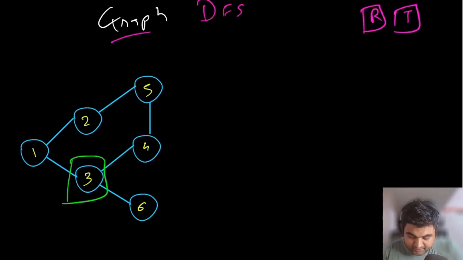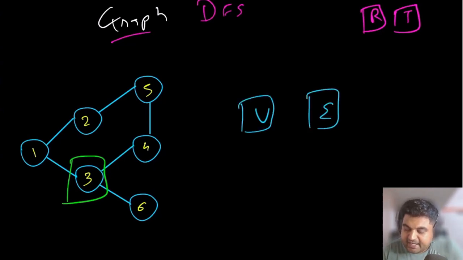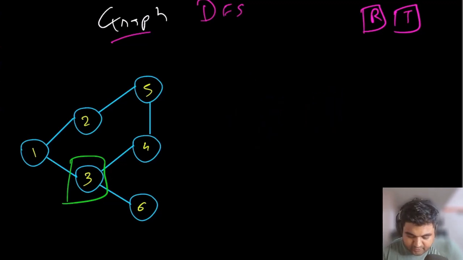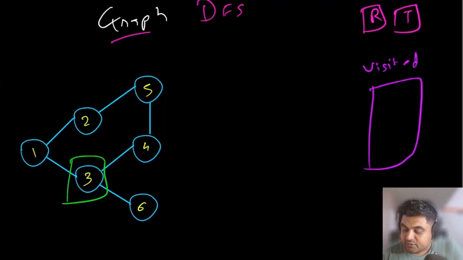Now, every single element in a graph has two items: vertices and edges. Depending on the vertices and edges combination, every single vertex has one or more neighbors, and we are going to visit every single neighbor. Now you already know that for a graph we will have to take care of all the nodes we have visited, otherwise we would end up in an infinite loop. So we are going to have a visited hash set that is going to be of much help to us, and using this visited hash set we would be able to create a terminating condition for our recursive function.